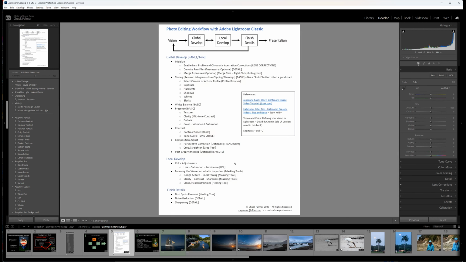We do some sort of global development. We do then some sort of local development. We try to finish up with some details. There are some exceptions where you might start with details and then do this, and I'll talk about those. But